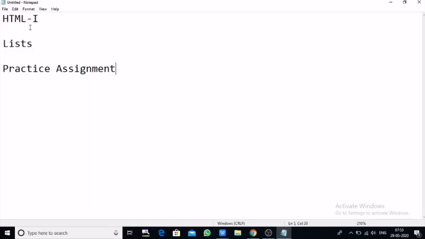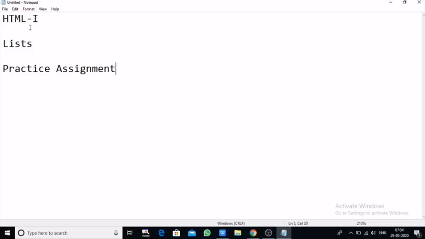Now, already we have covered the topic of lists in HTML. Today I am going to show you the code for some specific lists in HTML. As we all know, a list creates a list of items in a bulleted form, or in a number form, or in alphabetical order.